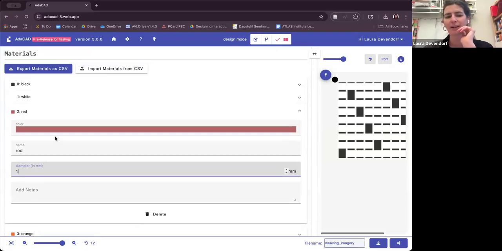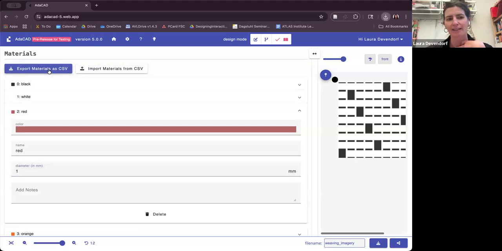Some of you have requested ways to upload your own palettes, and I think there could still be a more user-friendly workflow, but for now, I allow you to export your materials as a CSV file, so to open in Excel or Numbers or something like that. And then you can import materials from a CSV file. So if there's a color palette you like to work with and you want to just import that, you can do that here. Okay,